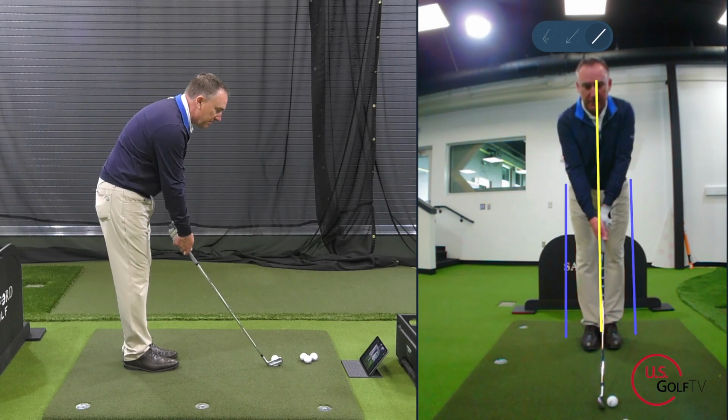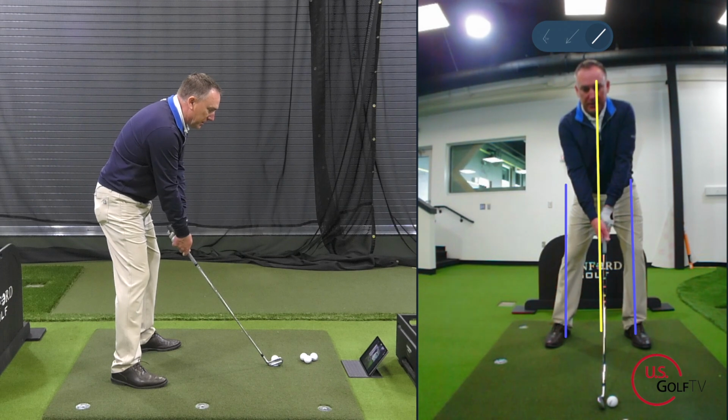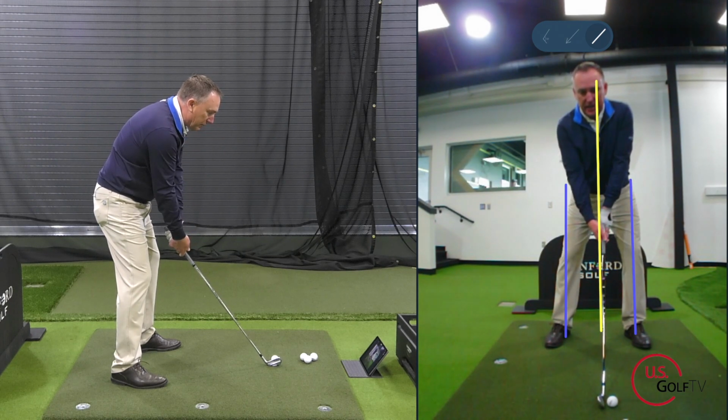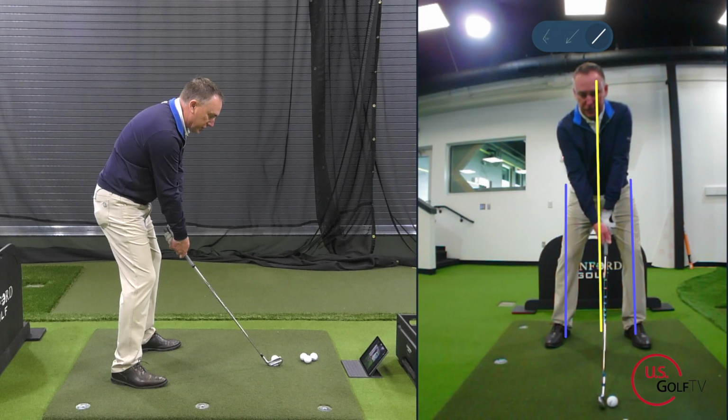Feet together. Separate, so I'm shoulder width. Bump the hip a little bit. Okay? Ball right there. Lead eye over that line. I want to make sure my hands are just ever so slightly in front of the ball when I'm hitting that mid-iron. And now from this position, I can go ahead and just swing